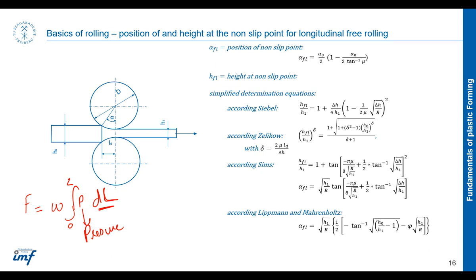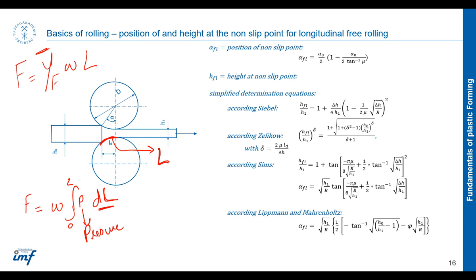The simplified version of this can be written as the total force is equal to the flow stress multiplied by width multiplied by total L. If we know alpha and we know roll radius, we can calculate this value of L,